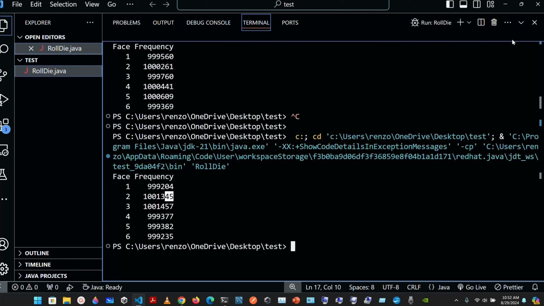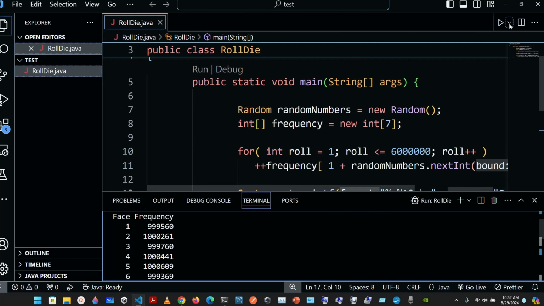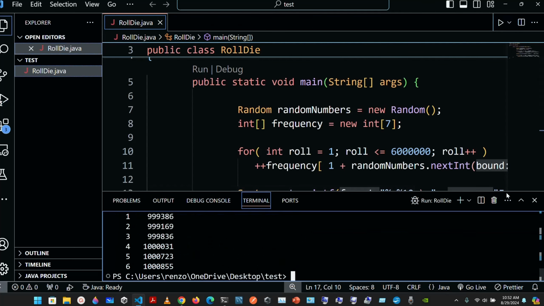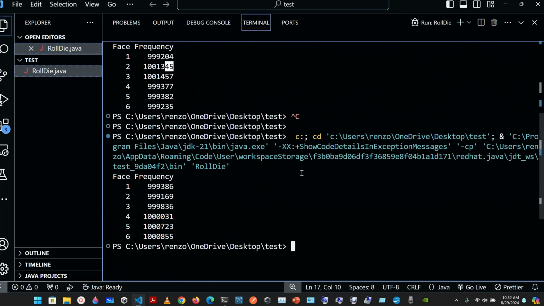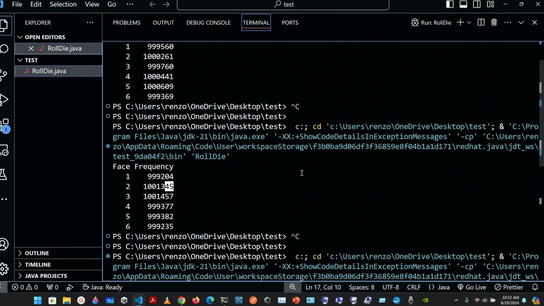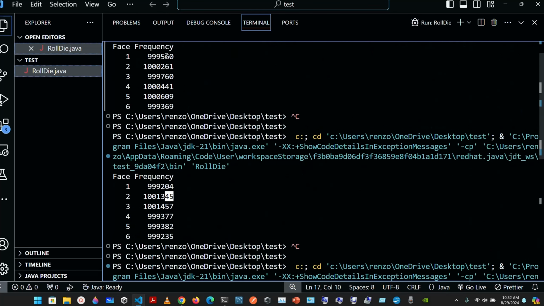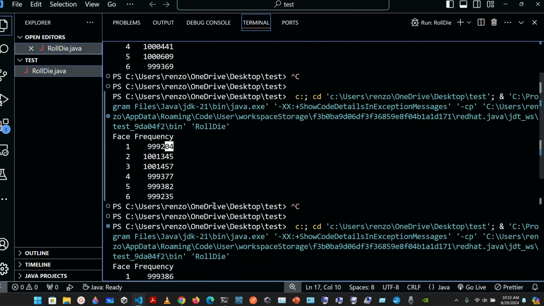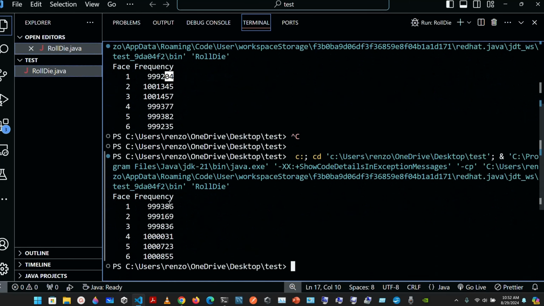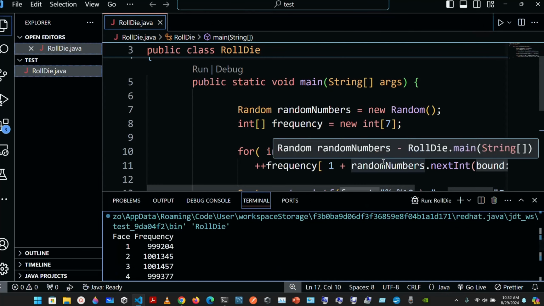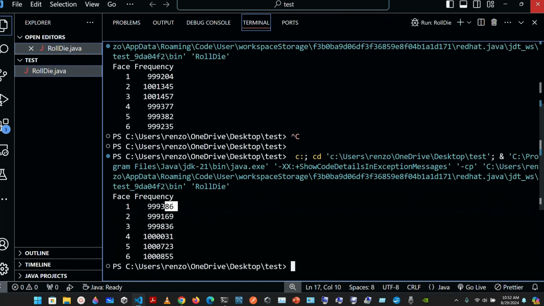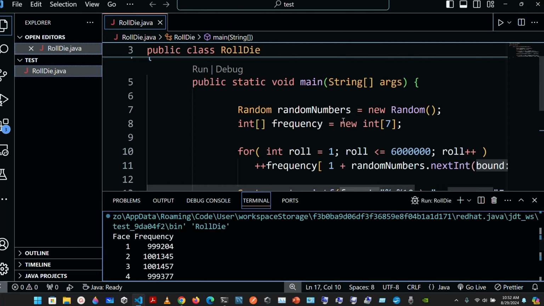Let's run it one more time to see that this is working. Now this one ends in 60, this one ends in 04, and this one ends in 86. So as you can see, these are random numbers. So this is a random number generator using a very